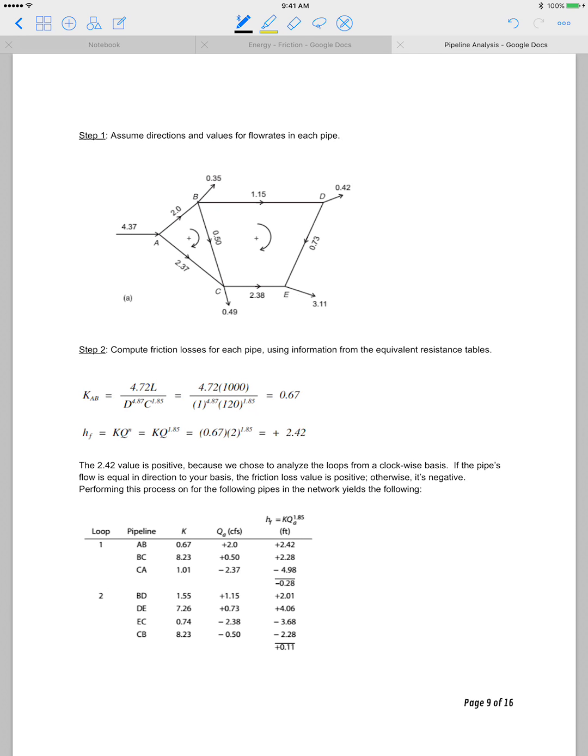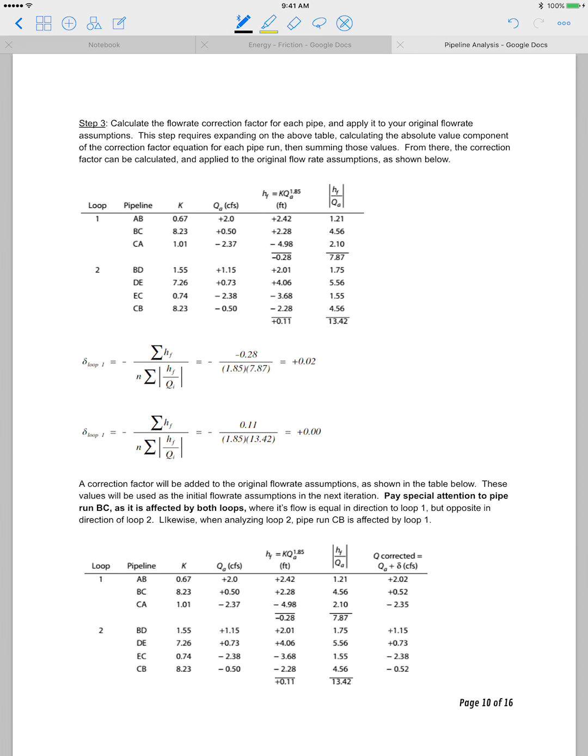This is interesting because pipe run BC is impacted by both loops. So we would be looking at a correction factor that is negative, okay, from a CB analysis, because it goes against the flow rate, and we're looking at one that's positive from a BC analysis. So if we look closely at that, even though